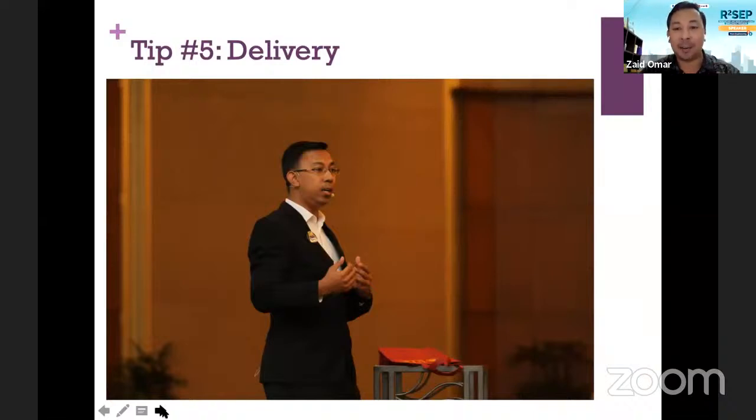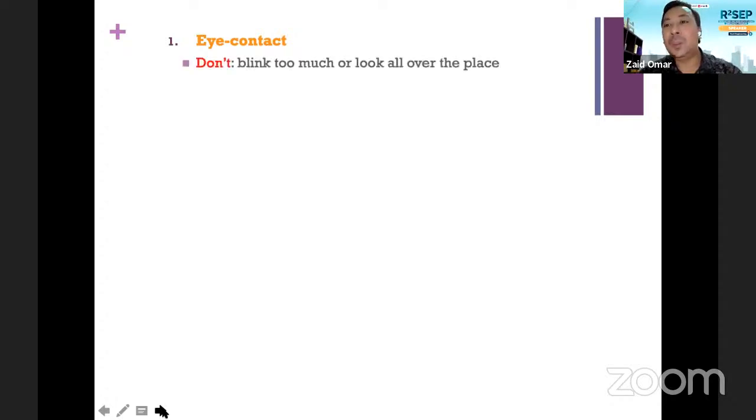So this is me in one of my presentations, public speaking. I have a few tips that I want to share with you. First of all, eye contact. Eye contact is a very sensitive and important element that, unfortunately, most of us, when we are nervous, tend to look up, look down, look all over the place except at the faces of the audience. So do not blink too much, do not look all over the place,